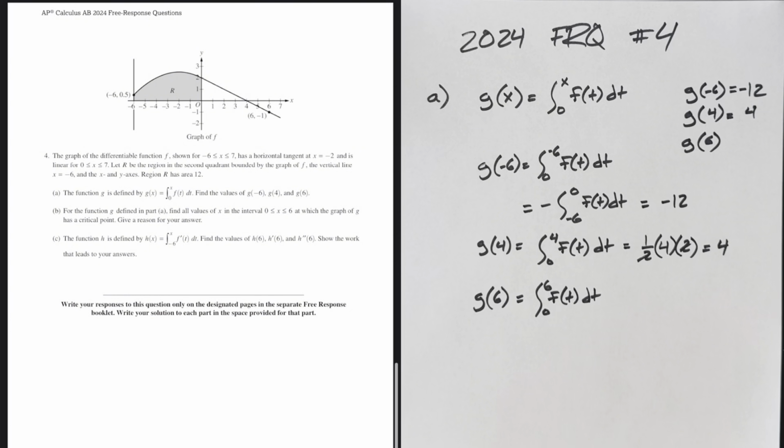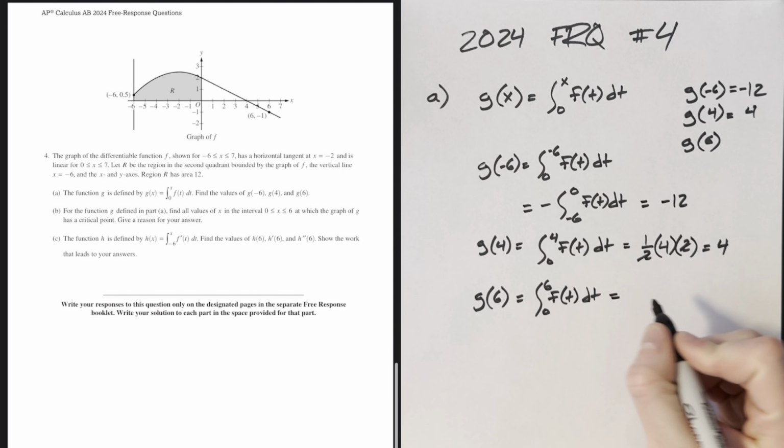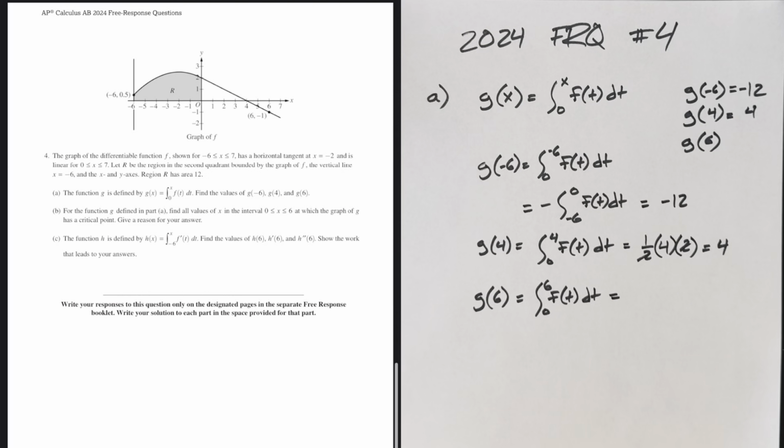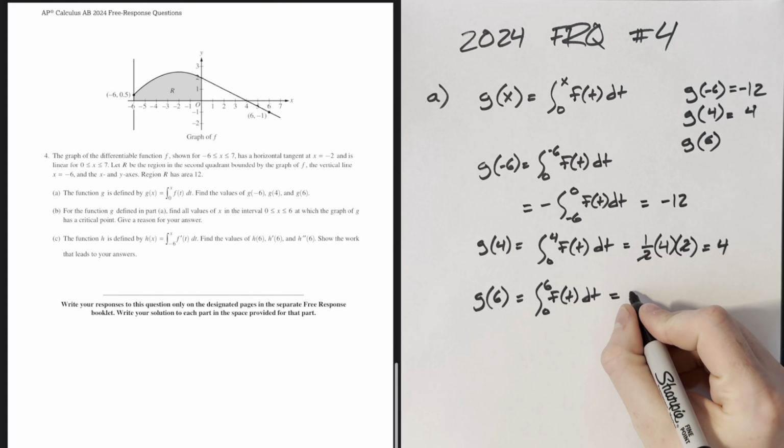And this is where it's important to remember that when a function goes below the x-axis, its definite integral contributes negatively. So this is going to be the positive of all the area that is above,